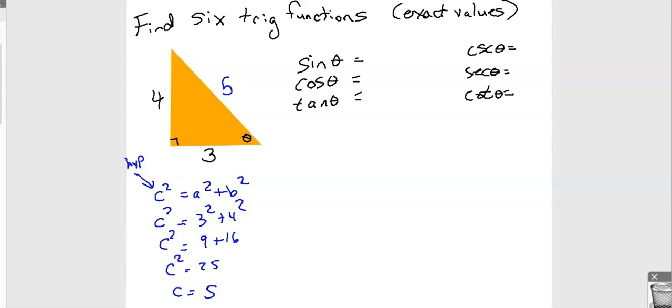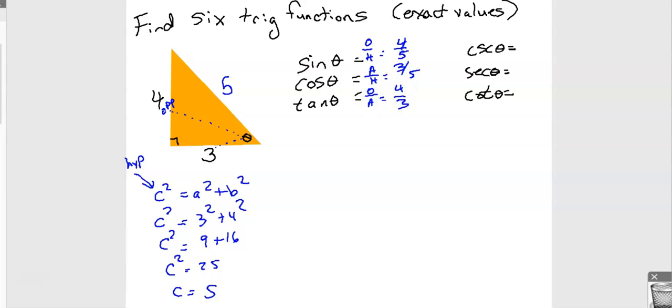So now we can find the 6 trig functions. Remember, sine is opposite over hypotenuse of theta. So here's theta, so this is your opposite side. So this would be 4 over 5. Cosine is adjacent, the one next to it, so adjacent over hypotenuse, so that would be 3 over 5. Tangent, opposite over adjacent,